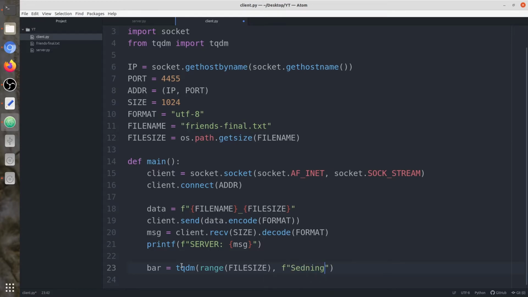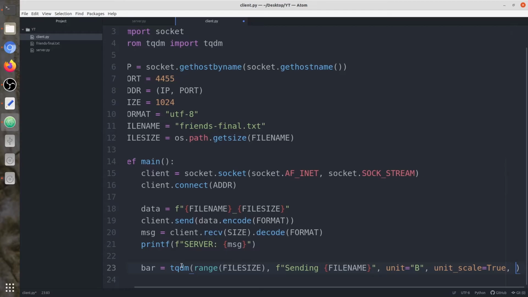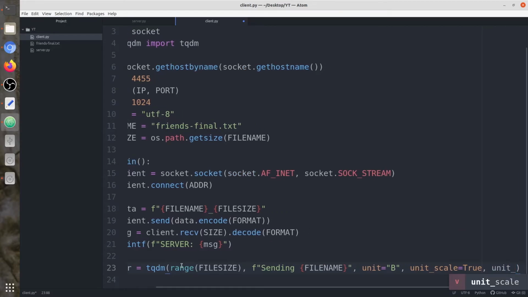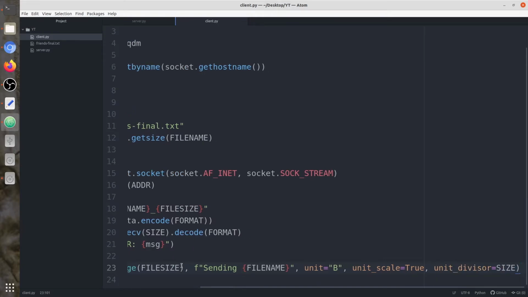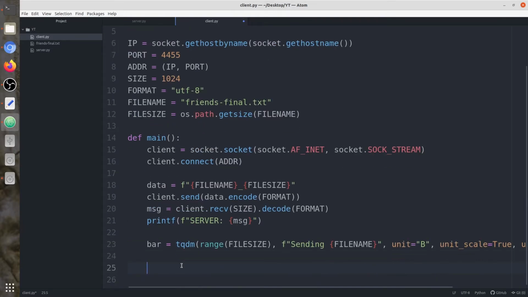We are sending the file name, and after that there are some variables which we need to fill. Unit B, unit scale equals true, and next unit divisor is basically the size. Okay, so this is good. We have the progress bar.